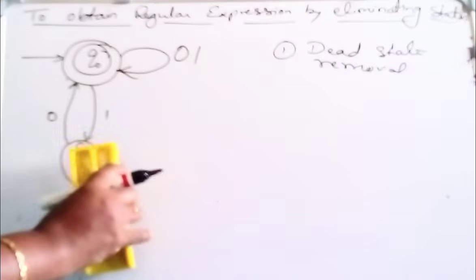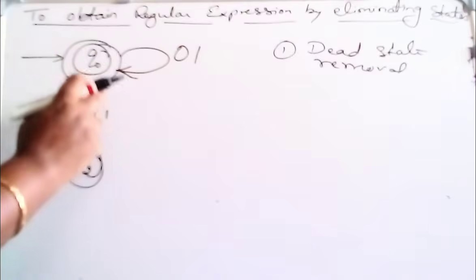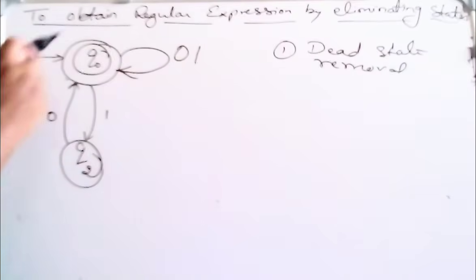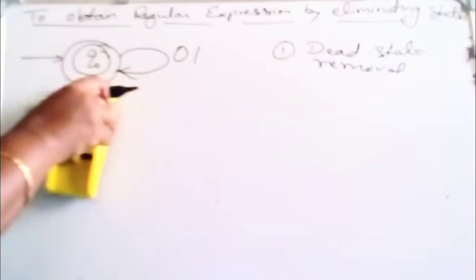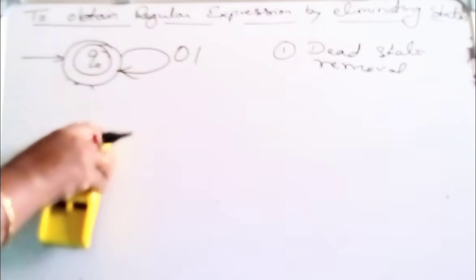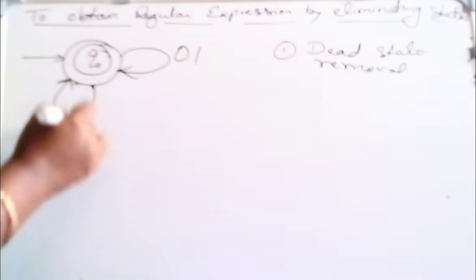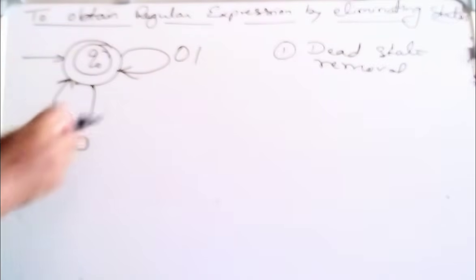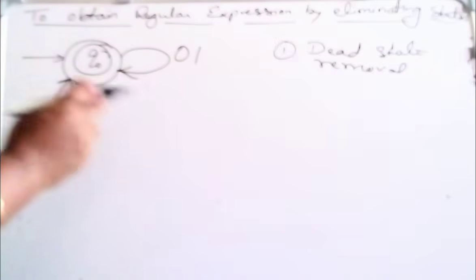Similarly, if you observe the state Q2, if I want to remove it: from Q0, on reading 1 it is coming to Q2, and on 0 it is going back to Q0. So 1 0 1 0, it is self looped here. What is my path here? It is 1 0. So on giving 1 0, it is a self loop within this state. Now we have reduced this to a single state.